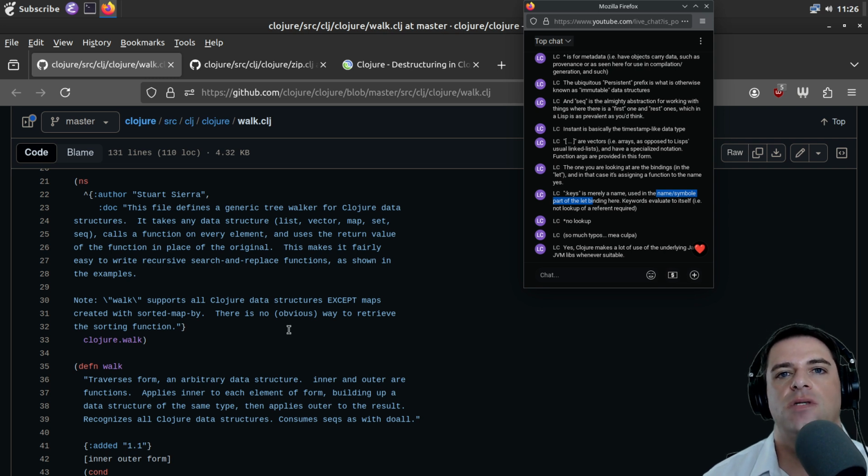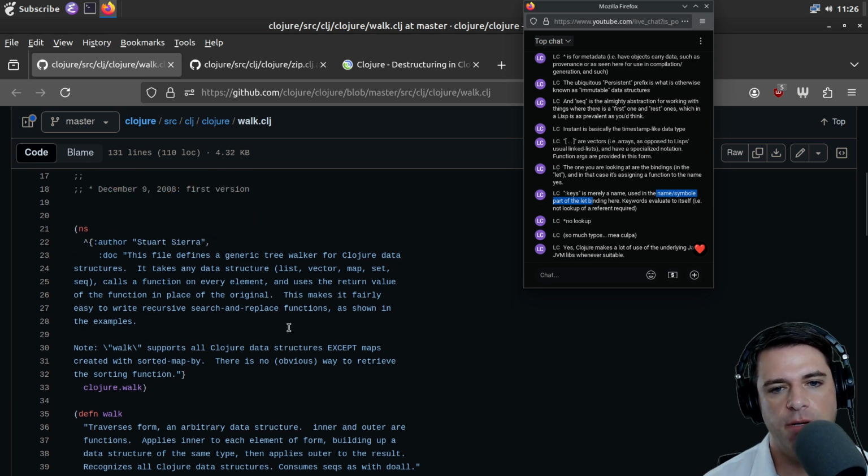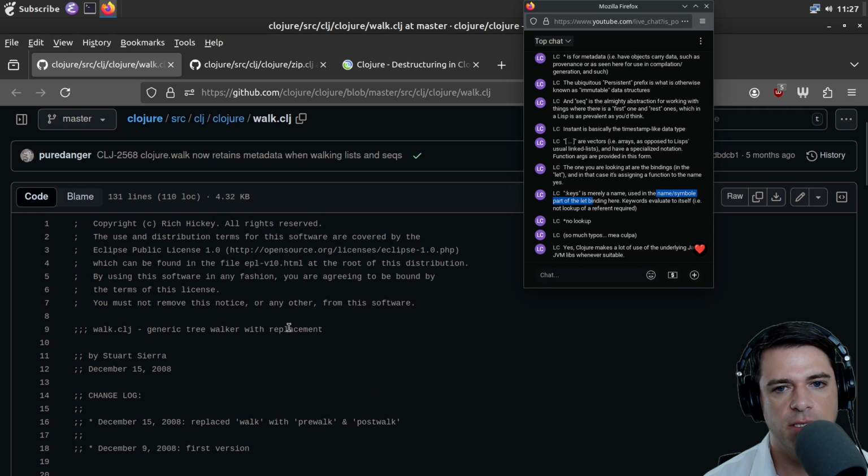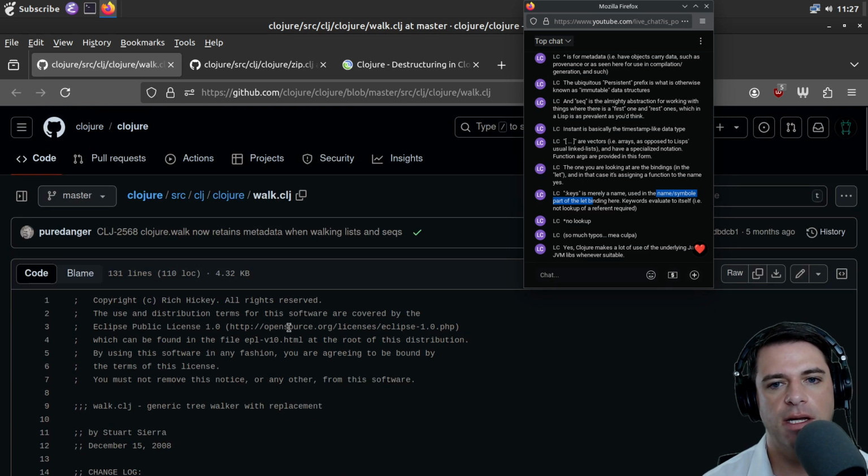People who work in Lisps often describe one of the advantages as being able to debug things and modify things on the fly because of this structural similarity. By similarity, I mean identity.